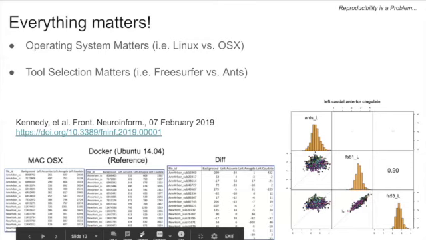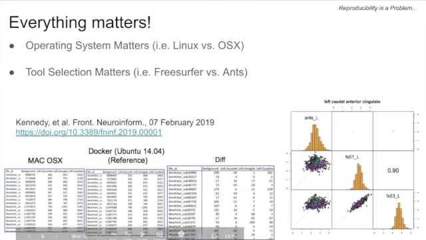Start with this little panel down here, where FreeSurfer 5.1 and FreeSurfer 5.3 correspond very nicely together, and that's kind of what you expect: two different versions of a tool measuring the same thing ought to do that.